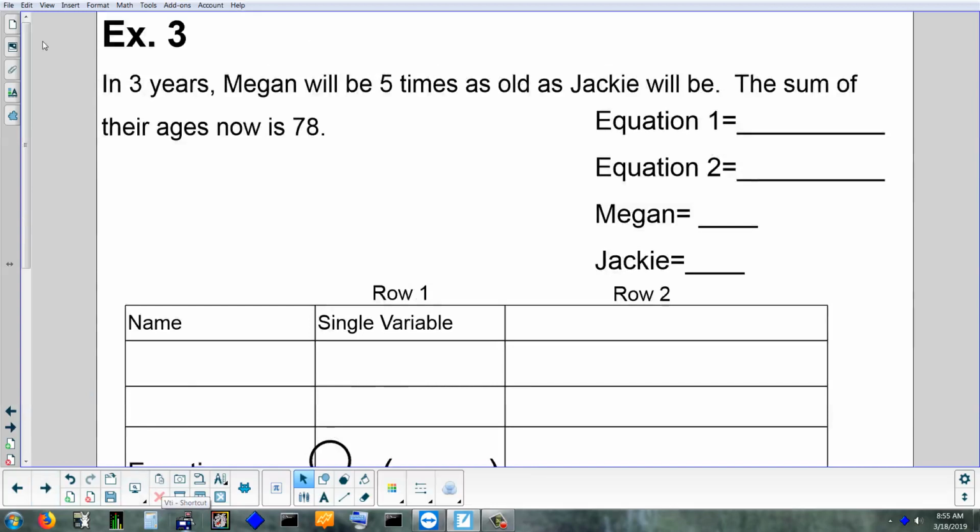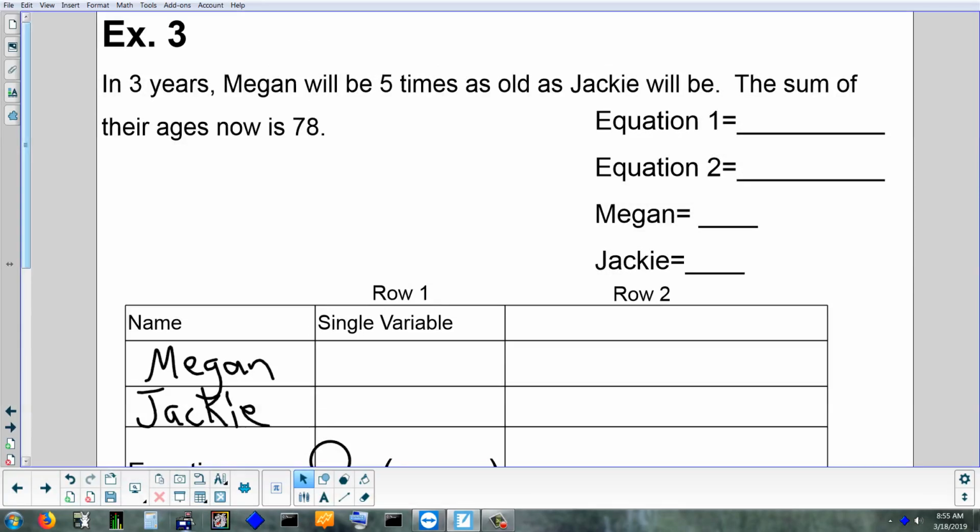Now this one's a little bit different, because look at it. It says, before we even do that, what are our names going to be? Someone tell me. Ellie? Megan and Jackie. So Megan was the first name I saw, in the first box for a name. Jackie was the second name I saw, so I'll write Jackie second. So then the variable would be M and